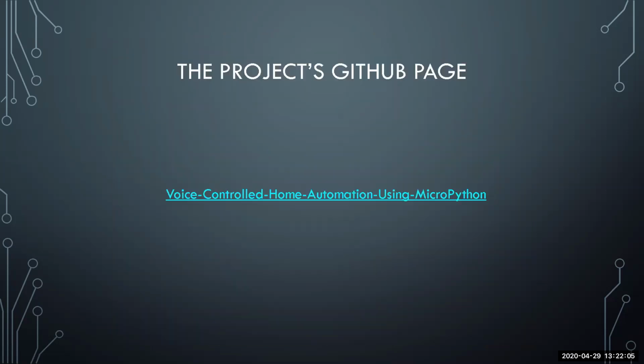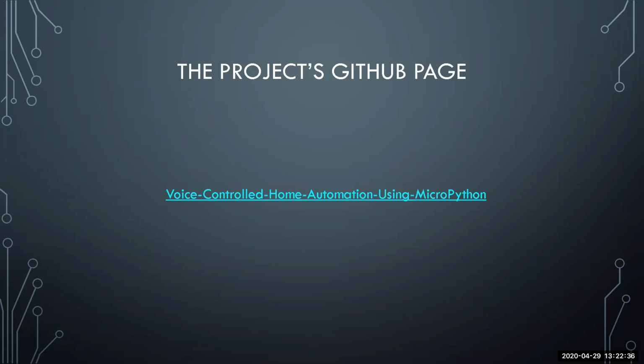So finally, guys, this is our GitHub page, where the repository is named Voice Controlled Home Automation using MicroPython. Our GitHub page's name is embedded_enthusiast. In this page, we have basically uploaded all the code which you need: the server code, the client code, and we have also included a video demonstration on how the project works. And last but not the least, we have included a complete guide which is in the form of a PDF.